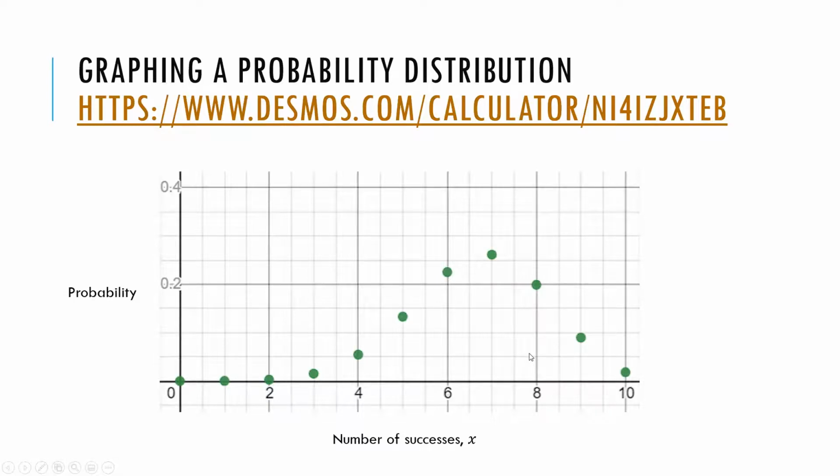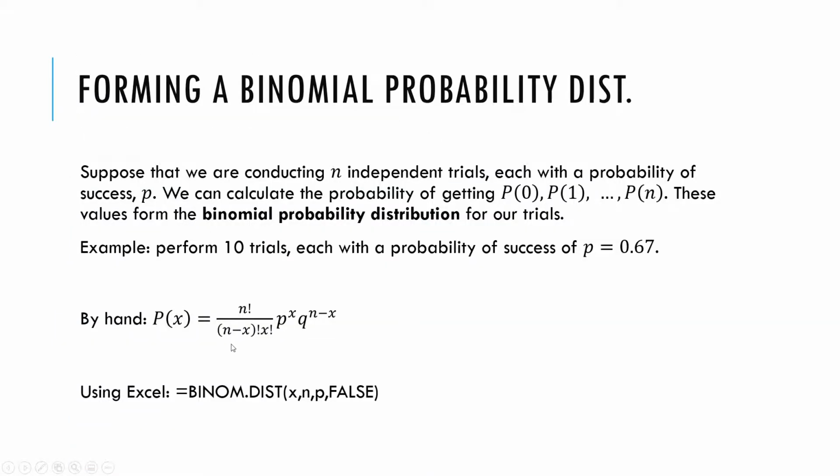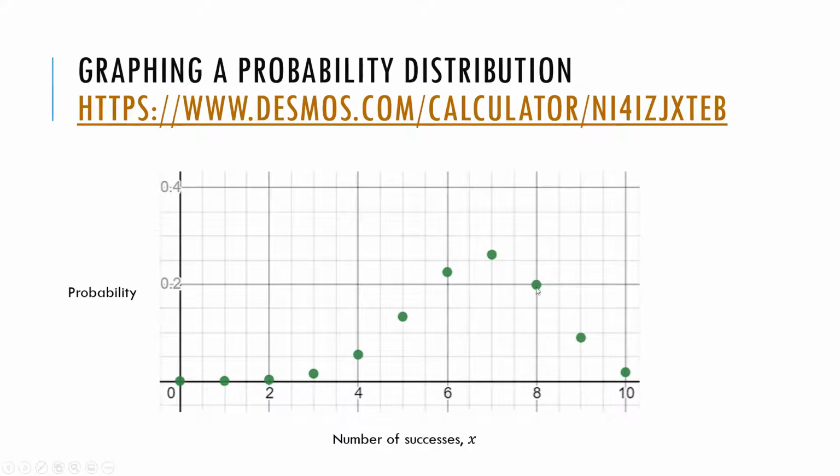Welcome back to our final video in this series about getting acquainted to binomial probability distributions. You now have multiple ways of graphing binomial distributions, and I'll share this link to my students. You've got ways of calculating individual probabilities using the binomial probability formula, either by hand using the formula or using Excel. And also, if you play your cards right, you can get Desmos to do it as well. This is the graphing software here. So you've got a lot of tools here for visualizing, representing, and calculating individual or cumulative values in a binomial